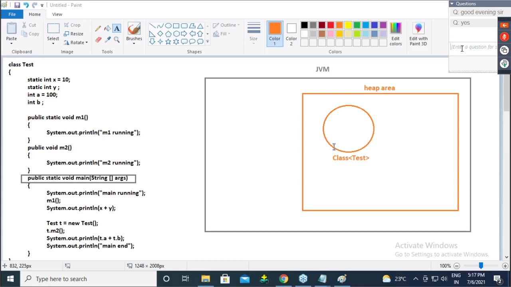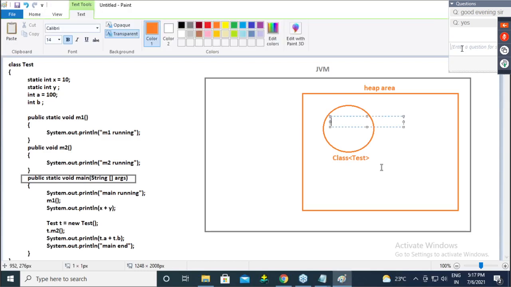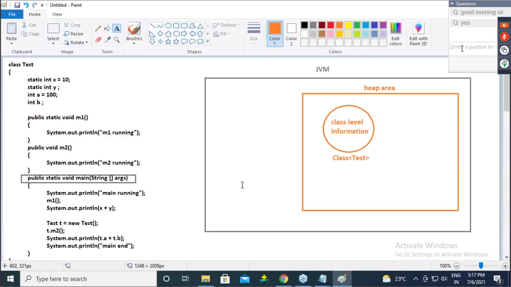As it is a class type of object, in this object all class level information will be present. Class level information. Now guys, class level information means which information? This will be the question.